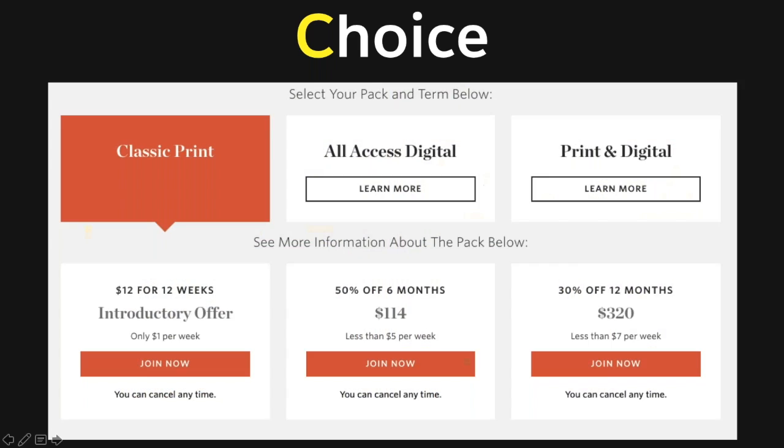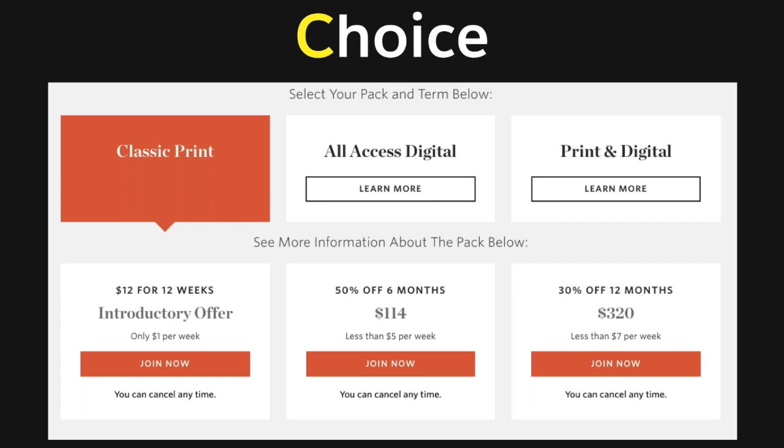Now, as a real-world example, the Wall Street Journal subscription page is an example of a choice without a choice. You pick print only, digital only, or both. How much do you think the difference is in price between the three? Now, if you get classic print, it's $320 a year. Digital is $9 less per year, and both is only $8 more per year. Now, there's an obvious answer here.